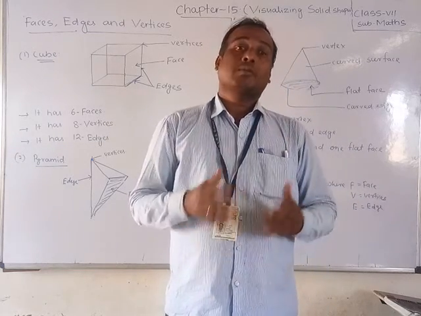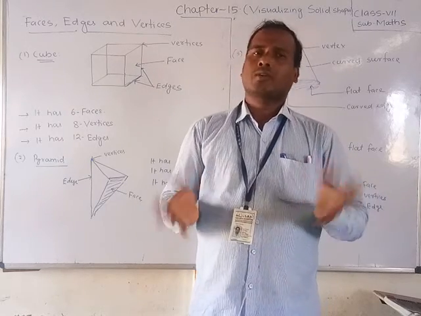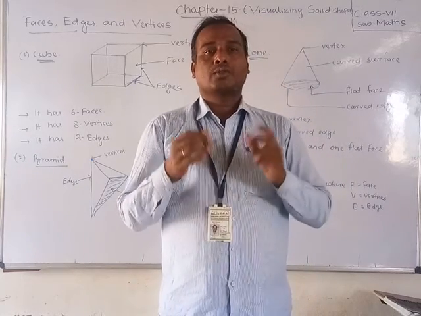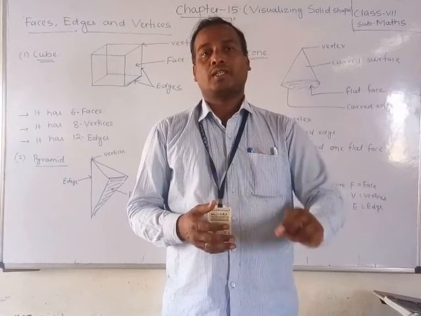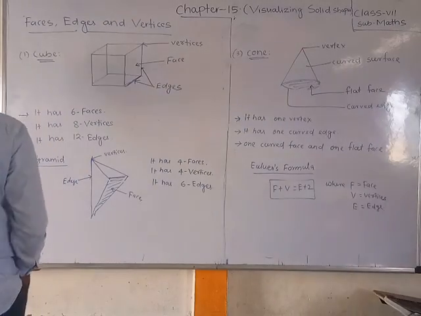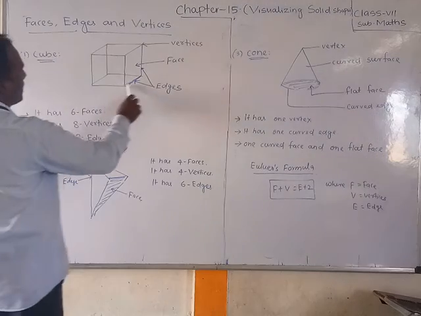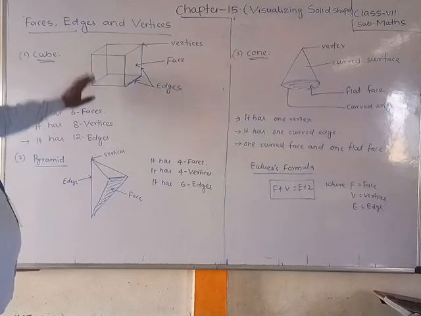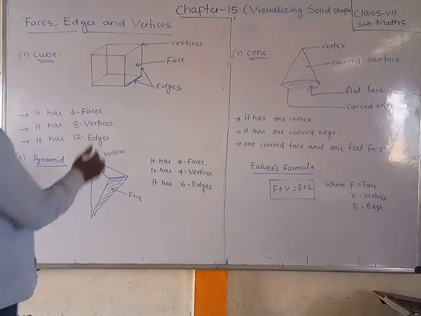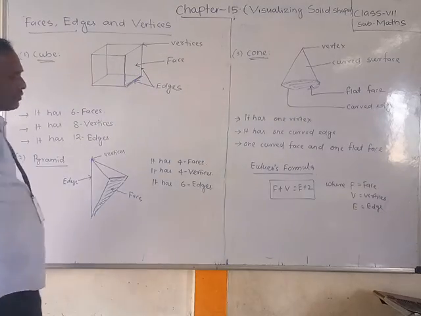Then we can also use Euler's formula to find out how many faces there are. So let us first identify which one is the vertex, what is the face, which one is the edge of a solid figure. Let us see, students, here I have drawn one solid figure, that is the cube, in which all sides are equal. You have studied this figure in 6th standard or previous classes. But what are the faces, which one is the face?